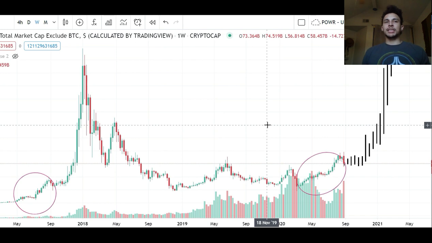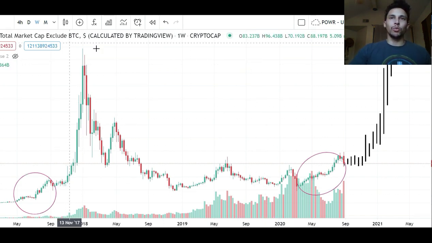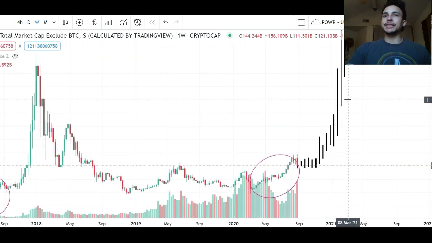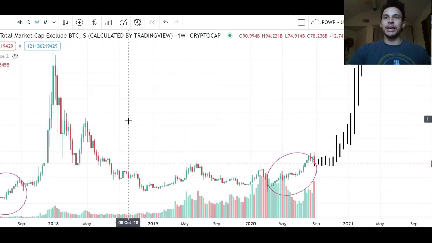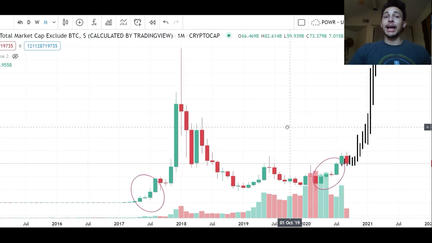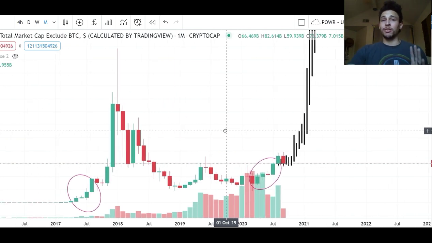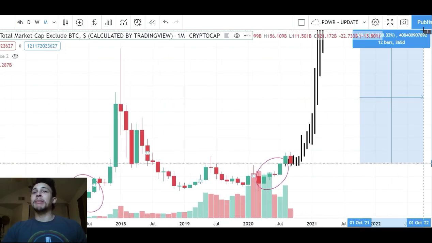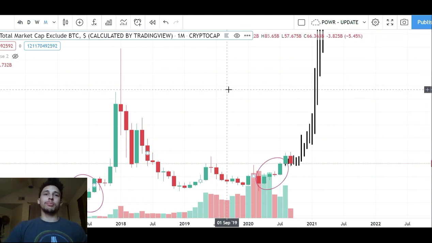Let's do some extrapolation, get y'all hyped up. Look at what I did. I basically took the remainder of the fractal. We're on the weekly, by the way. Applied it and scaled it up, okay? It's a big up. This is what I expect. I genuinely expect this coming for the altcoin market over the next year. My screen doesn't let me go any farther, and that's a 340% increase in altcoin market cap over the next year, should I be correct. So I'm not just sitting here trying to get you views.